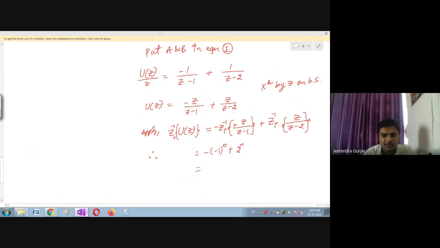So now you can see minus 1 raised to n is 1 only. Please remember, I will write here minus 1 raised to n is 1. So this is going to be again plus and minus, it depends. Okay, so I will take 1 minus 1 plus 2 raised to n, students. So therefore, this is your answer. Is it clear? Any doubt in this, students? I think there must not be any difficulty solving this problem.